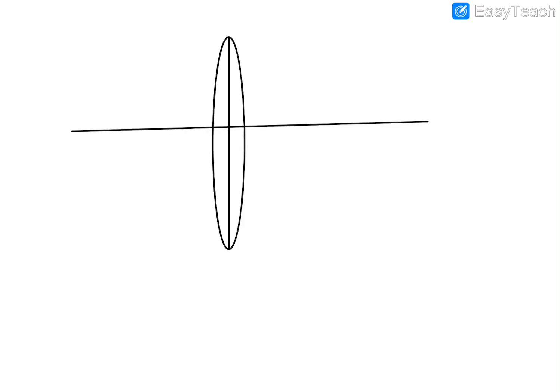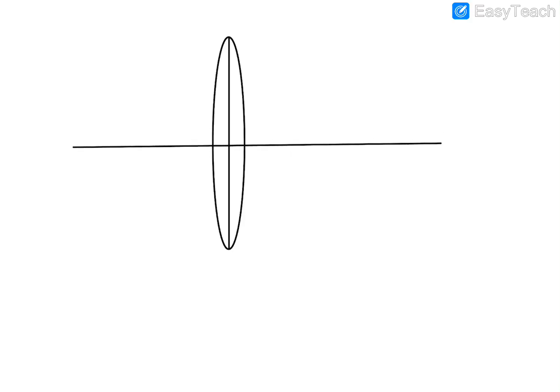So now let's say here you've got a convex lens. Now when will the focal length of this lens, when will your focal length 1 and focal length 2 be the same? Only if there is the same medium on both sides, or at least that the mediums have the same optical density. So only if you have the same medium on both sides, for example right now if I have air, glass and then again air, then they will have the same focal length.